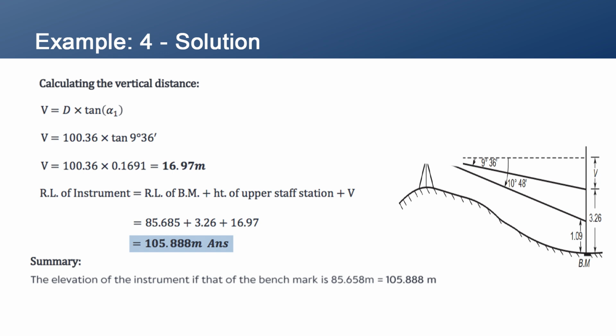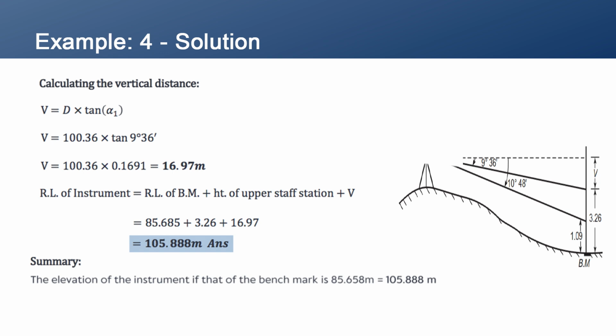We have to determine the elevation of the instrument if that of the benchmark is 85.658, as asked in the question. So, RL of the instrument is equal to RL of the benchmark plus the height of the upper staff station plus V, which is equal to 85.658 plus 3.26 plus 16.97, which is equal to 104.888 meter. Summary here is the elevation of the instrument if that of the benchmark is 85.658 is